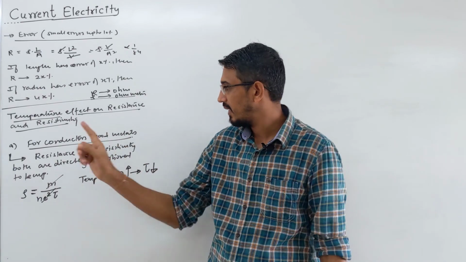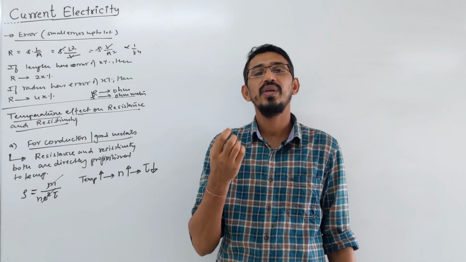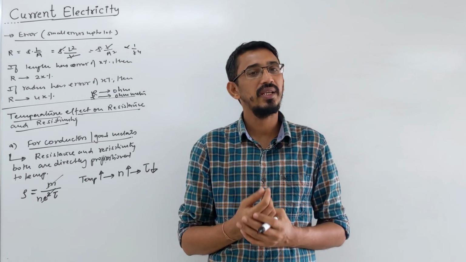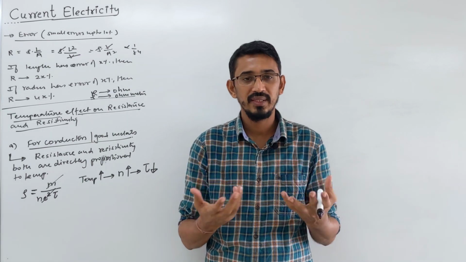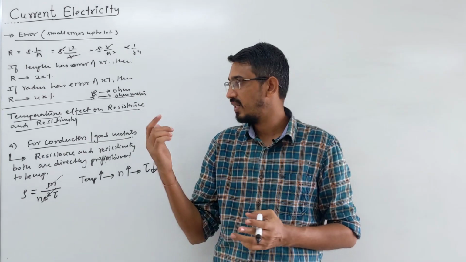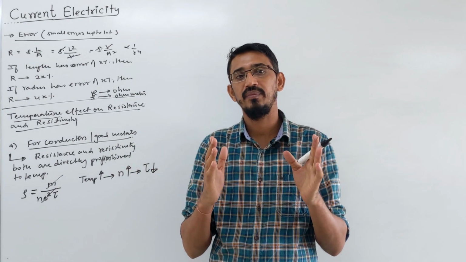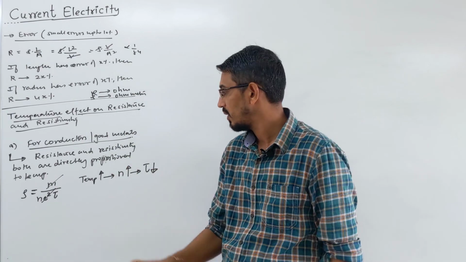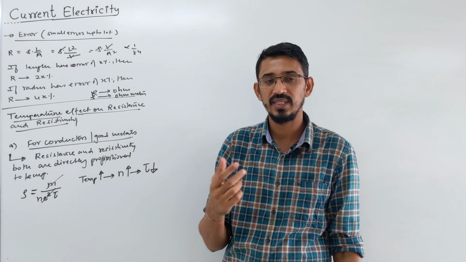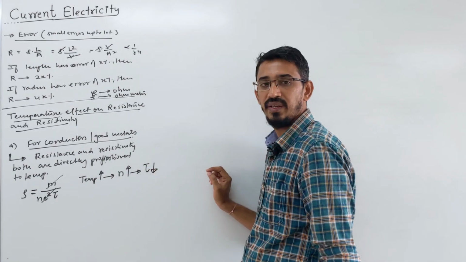Raising temperature means you are heating that metal, that wire. The electrons which are moving will gain thermal kinetic energy, so their velocity will increase. RMS velocity we call it, or you can call it drift velocity also. With velocity increased, the time taken between collisions will be reduced. This tau is the time taken between collisions, and that's called relaxation time. So this time will be reduced and this effect will be more significant.